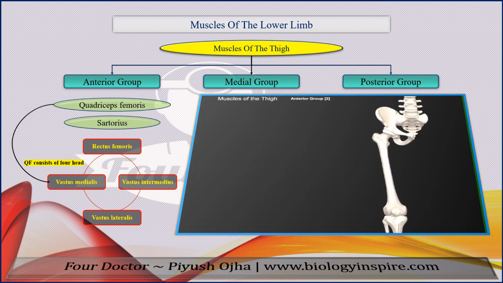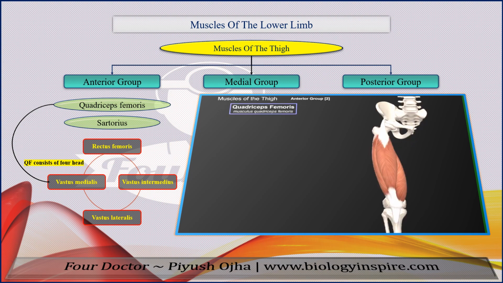Okay, so the muscles of the anterior group cover the entire anterior surface of the thigh. They're big muscles. And they all have one thing in common, which is that they're all innervated by the femoral nerve. So first, we have the quadriceps femoris, which is the main muscle group of the anterior region of the thigh. And the reason why I call this muscle a muscle group is because it consists of 4 parts that